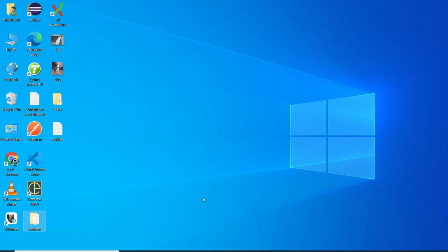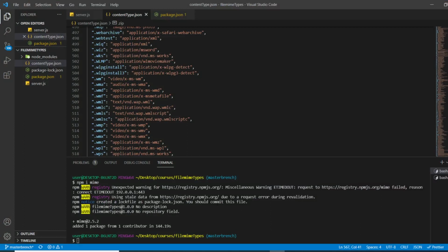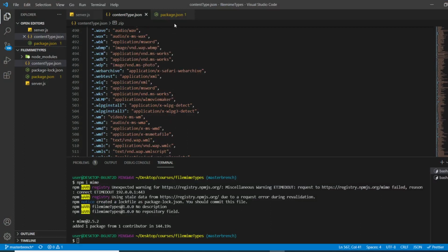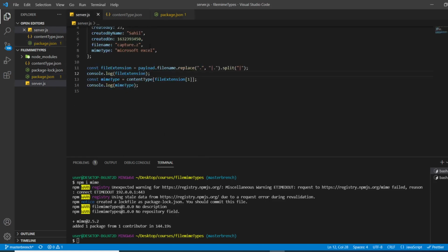So guys, it has downloaded successfully. It was taking time because in my application name there's a mime between the file and the type, and there shouldn't be such a naming conflict. Whatever dependency you are trying to download should not match your application name, and I had the name mime in between file and type, so that is why it was taking long. But it has downloaded successfully, so we can use that dependency in our code.